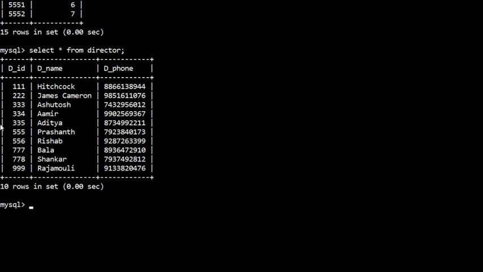In the director table these are the different director names. Now I'll take one of the director names, for example Aditya, and check the movie ID of the movie directed by Aditya.